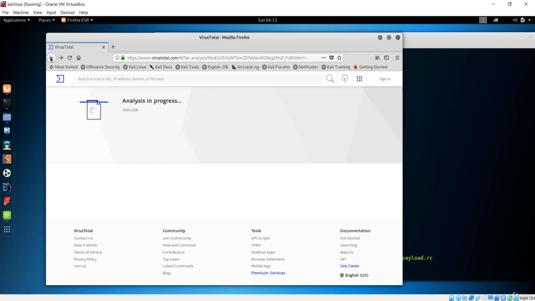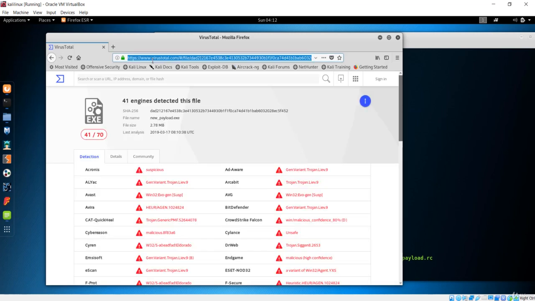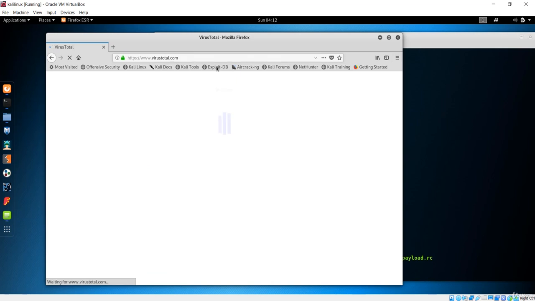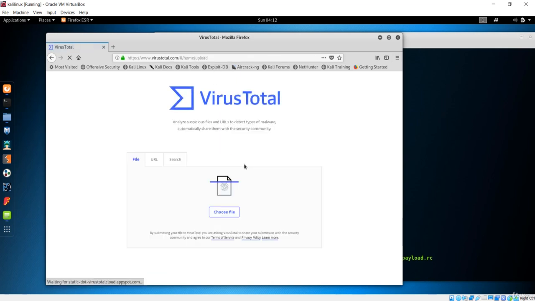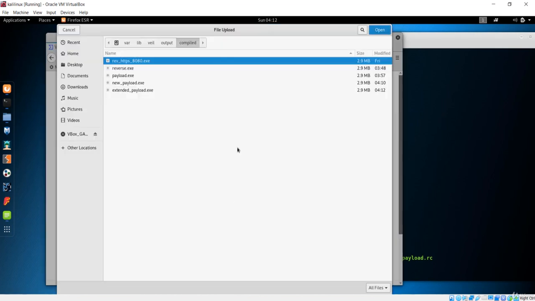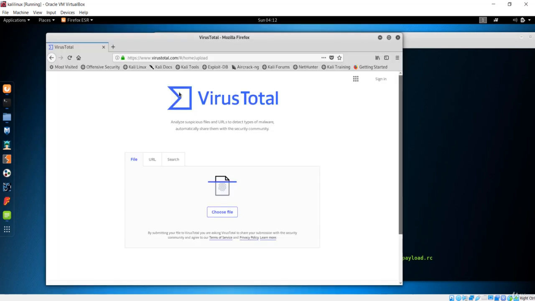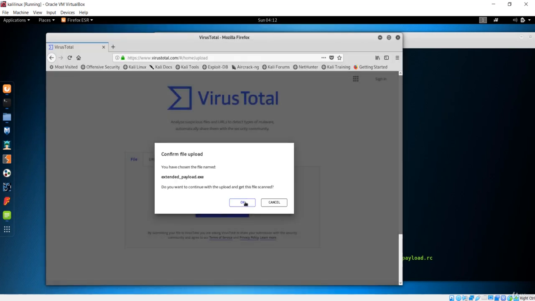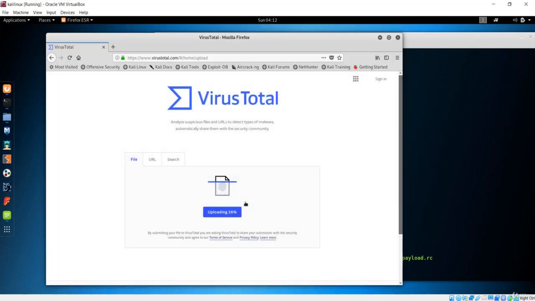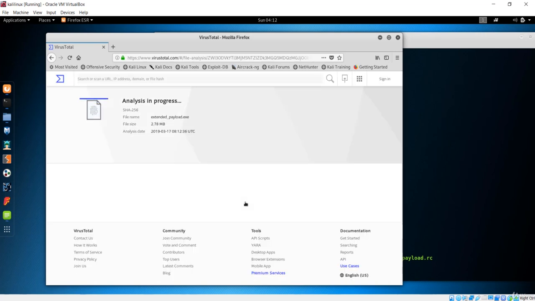Okay, it is already uploading, so I'll just open VirusTotal over here, and now let me just choose the file. It is extended payload, and let's upload this file, and let's see if this can bypass some of the antiviruses or not.